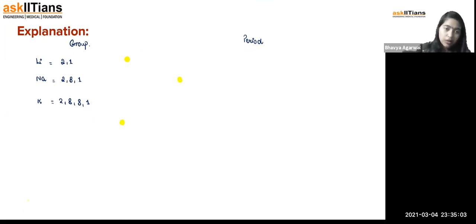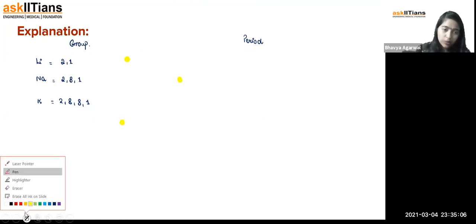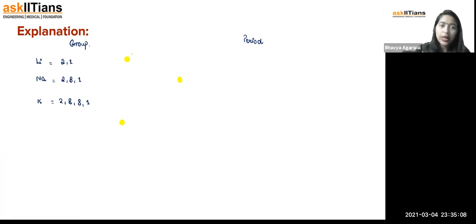Right. Now, I'll just draw shells. So lithium has how many shells? 2 shells. And you remember shell number represents your period number. So it's going to have 2 shells, right? Now if we talk about sodium,